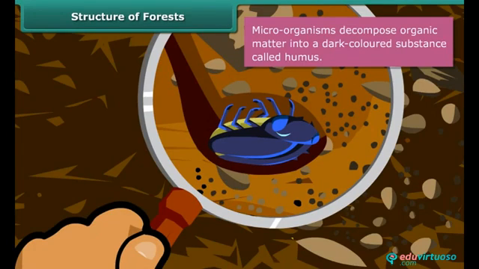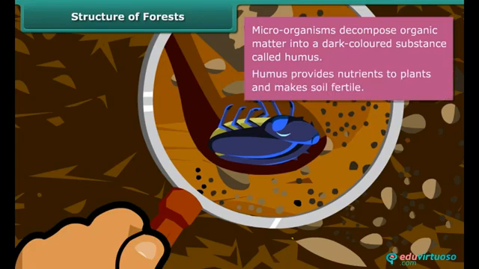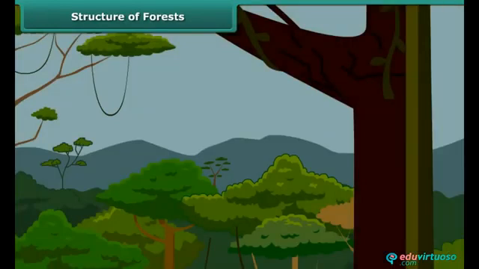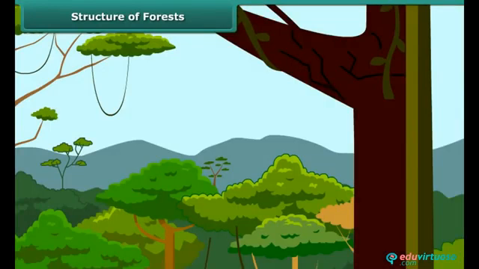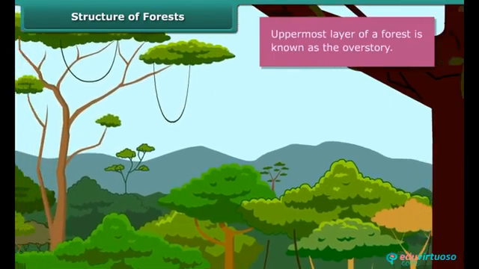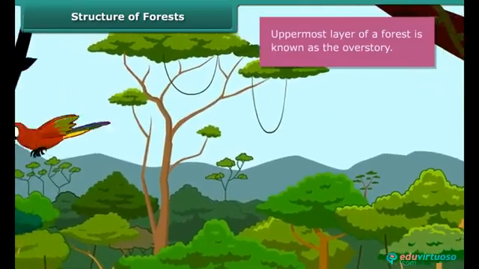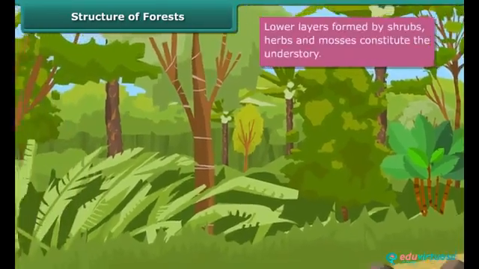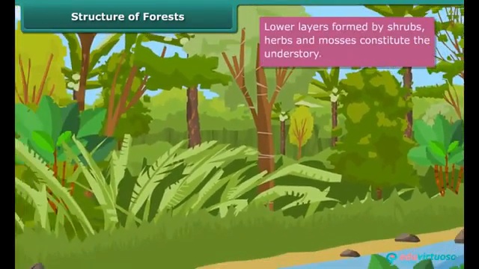Microorganisms decompose organic matter into a dark-colored substance called humus. Humus provides nutrients to plants and makes soil fertile. A forest has a layered appearance and it has trees of different heights. While the uppermost layer is known as the overstory, the lower layers formed by shrubs, herbs, and mosses constitute the